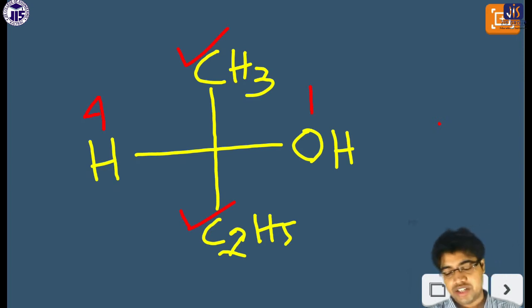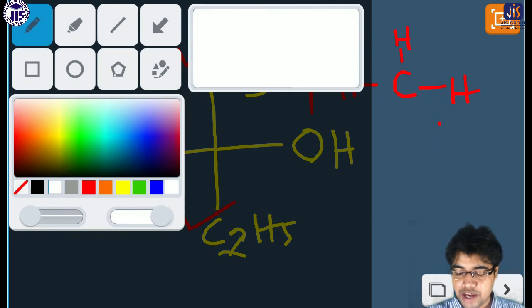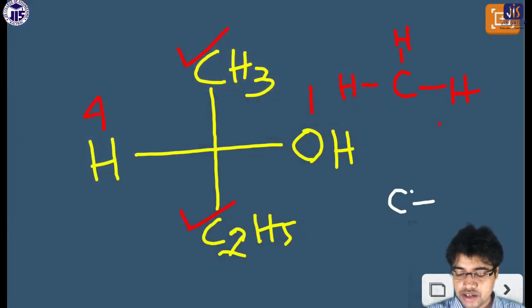the RS nomenclature. The second rule means that when the directly attached atoms are the same, we have to move to the next atom. In the next atom, the case that has the higher atomic number will be considered first. I will show you between CH3 and C2H5. If you consider CH3, here is H, here is H, and here is H. But if you take C2H5, then here is C, here is H, here is H, and again it is CH3.